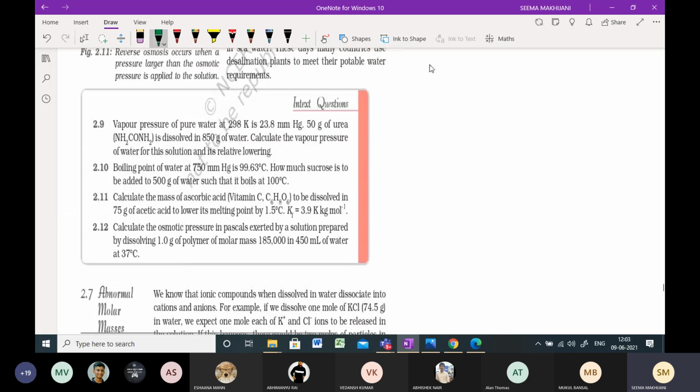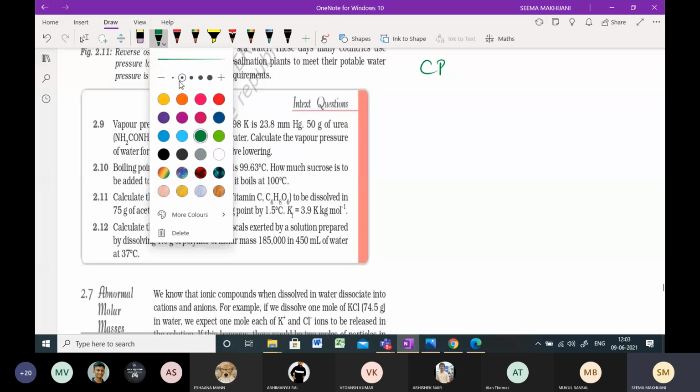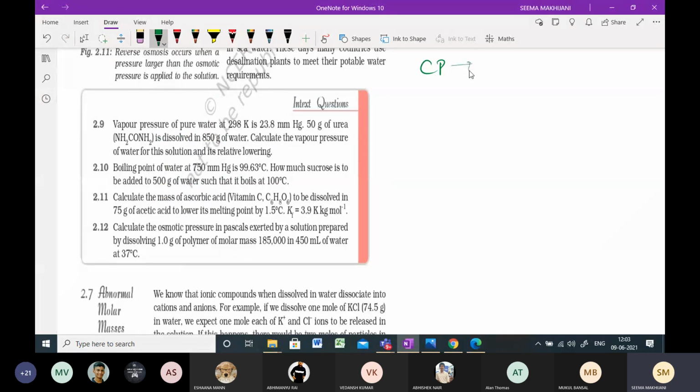Now the colligative properties that we have already done are 3, and I'm not using the numericals for the 4th colligative property. The first colligative property is your relative lowering of vapor pressure. The formula that we use is P01 minus P solution divided by P01, that is the pure vapor pressure of the solvent, is equal to the mole fraction. Now at times when we substitute the value of mole fraction, the value is moles of solute upon moles of solvent plus moles of solute.